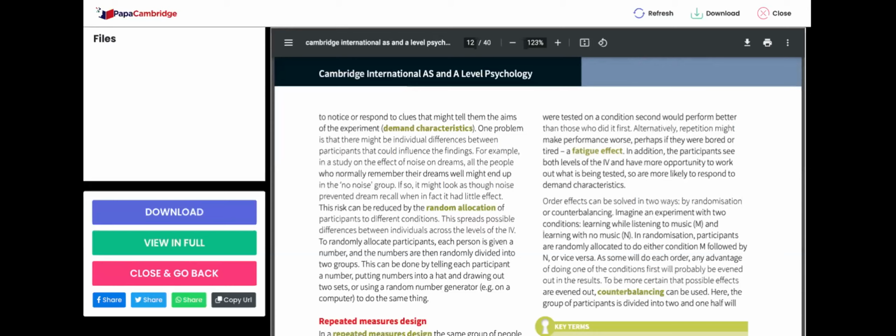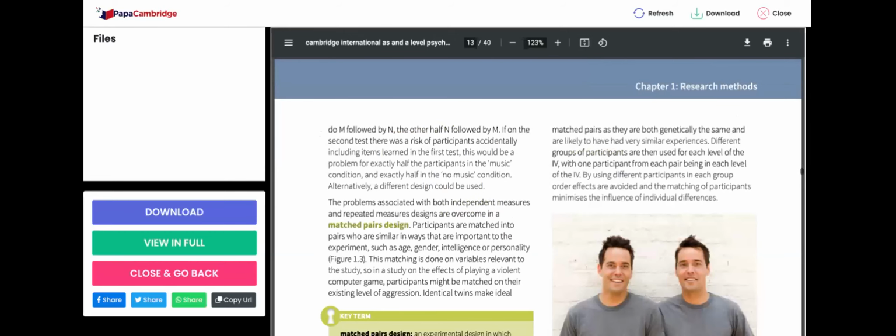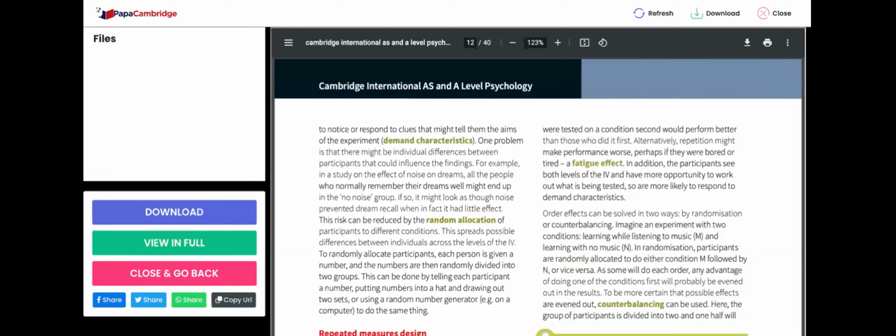Because you're using new people for each stage, they will not be able to guess what your study is about. They only know about one stage, compared to when you're using repeated measures design. Now those people are part of all the experimental conditions, and when that is the scenario, they will be able to guess the aim of your study because they've been participating in all the different conditions. So that's one advantage. However, there's also a disadvantage,